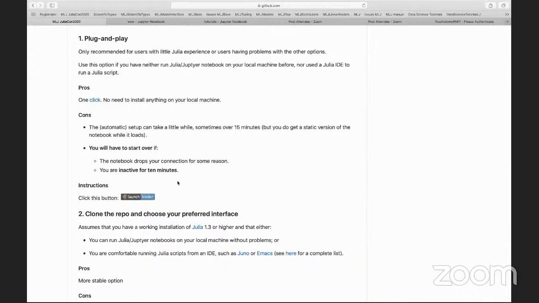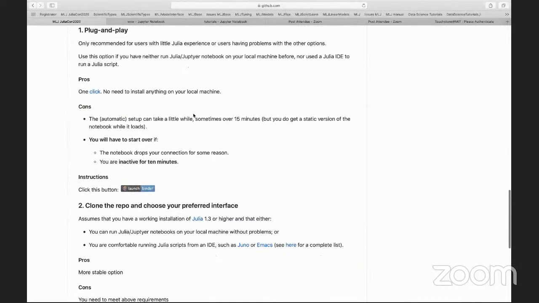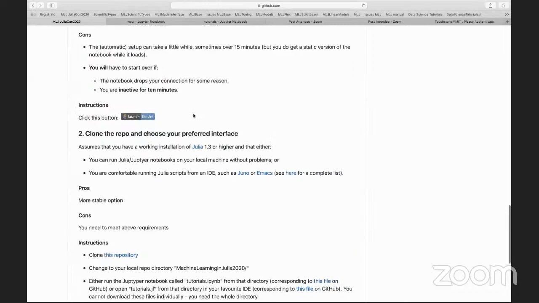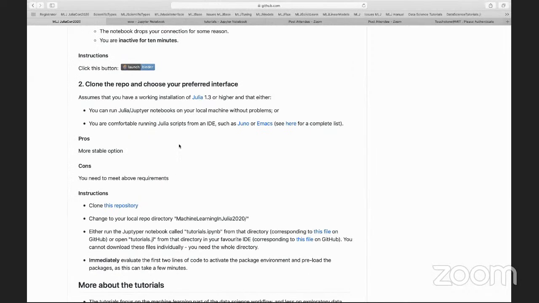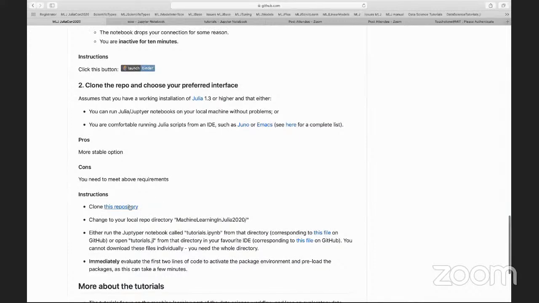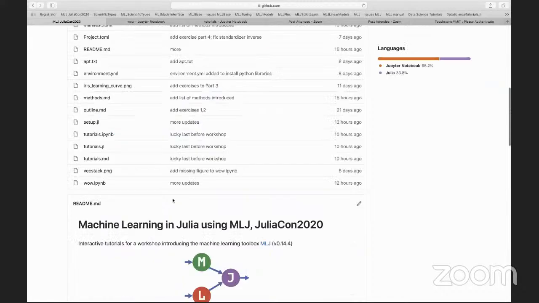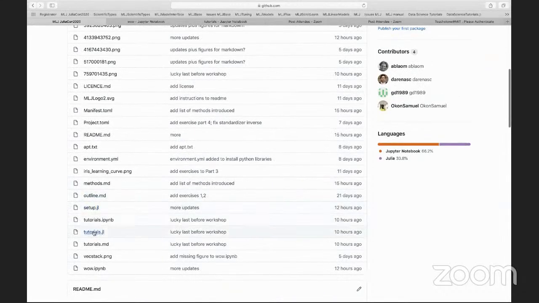You may want to try that just as a backup anyway. The more reliable option, if you've done this before, is to just run a Julia Jupyter notebook locally, or to run a Julia script in your favorite IDE, such as Juno or Emacs. And so the way you do that is you clone this repository, and then you navigate yourself to the file that's called tutorials.jl or